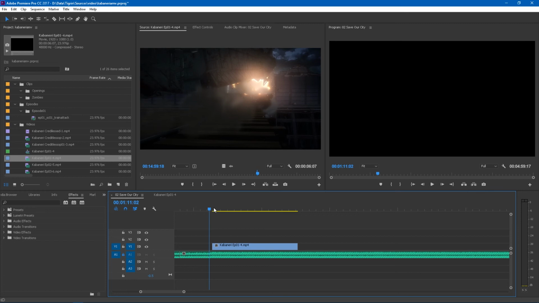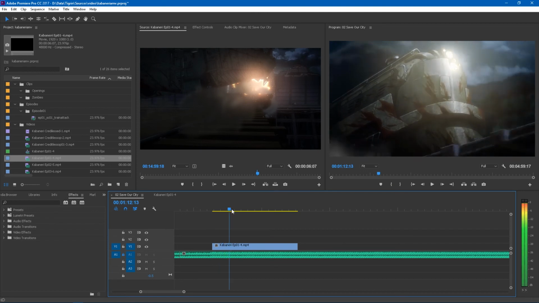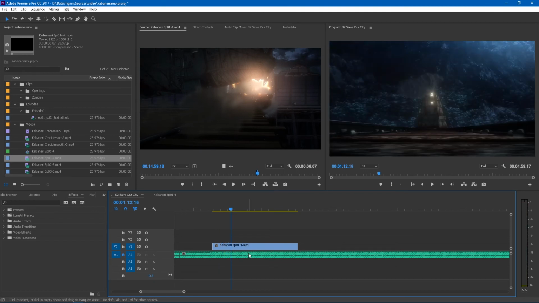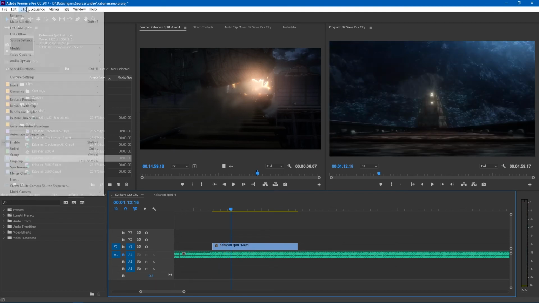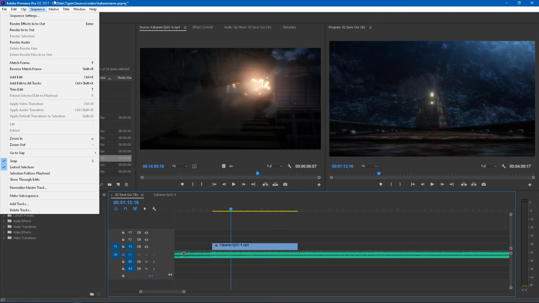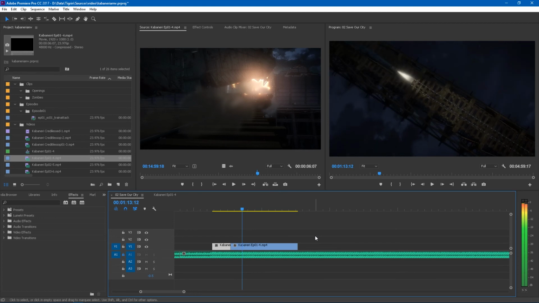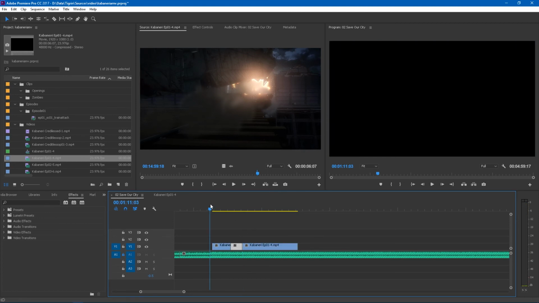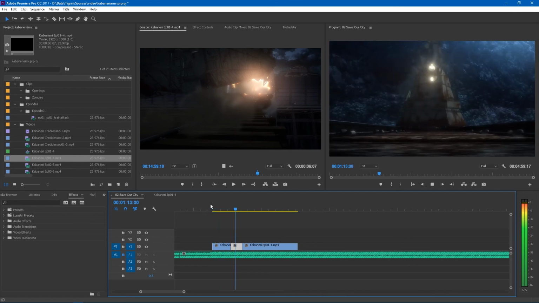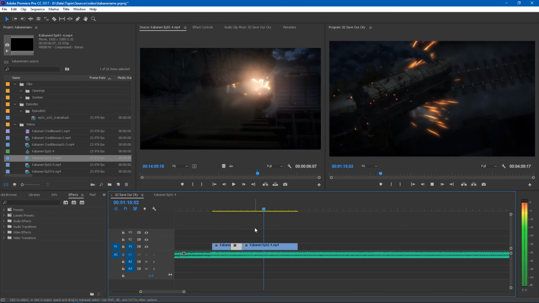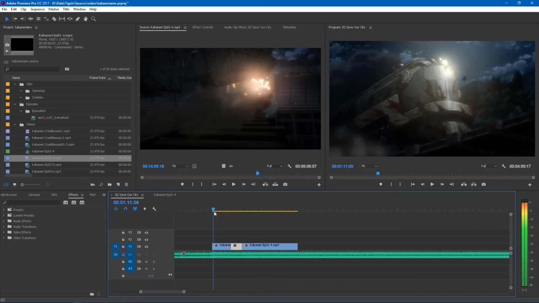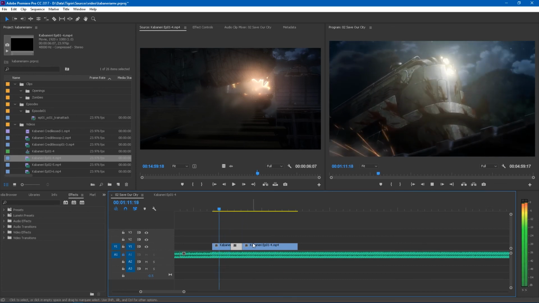That's about it in terms of that. Now if I want to start timing this sequence, I can go through and find where the shot's cut. And then use our little trick that we did earlier, which is add edit, Control K. And then just split this up every time it cuts. And then find out where I want to put it. So actually, this is pretty close in terms of hitting where the